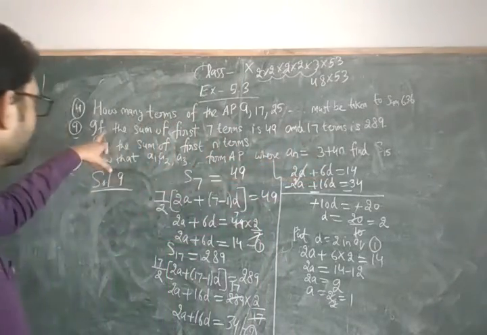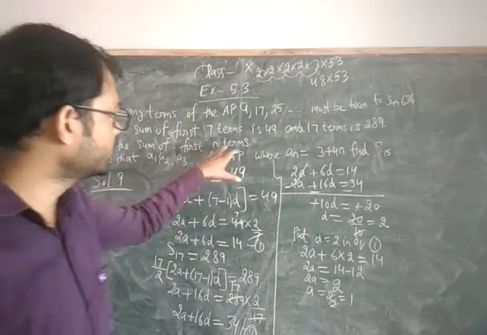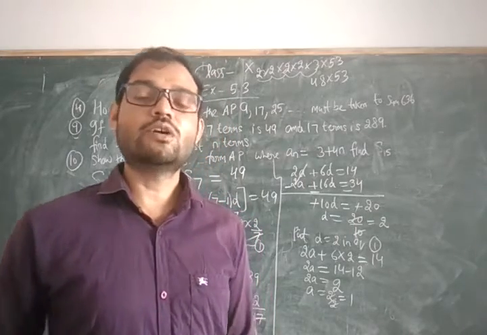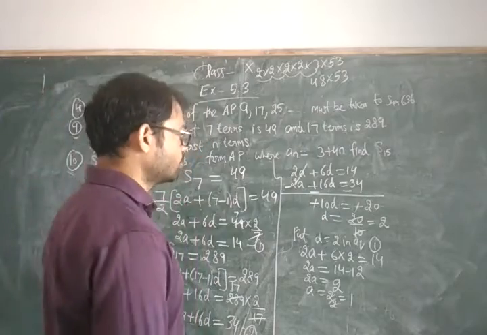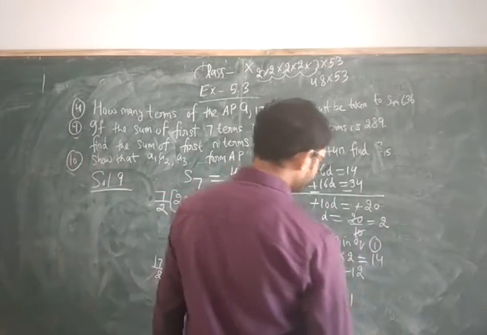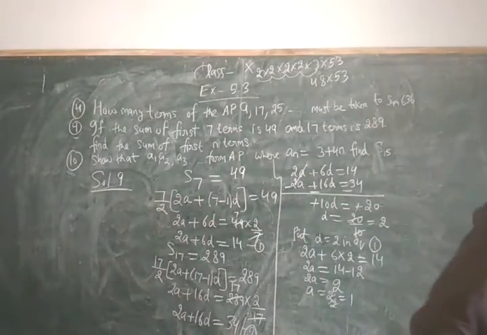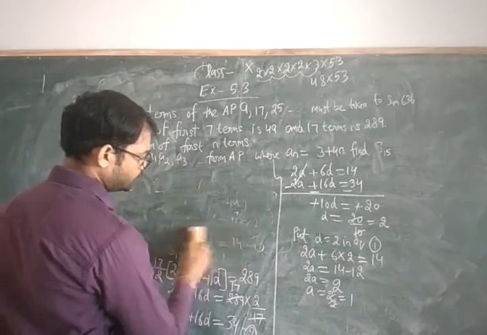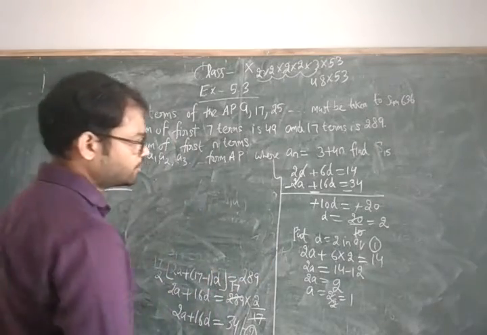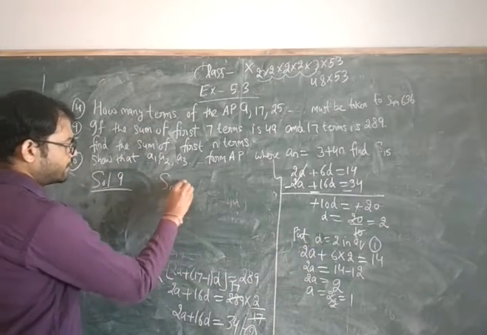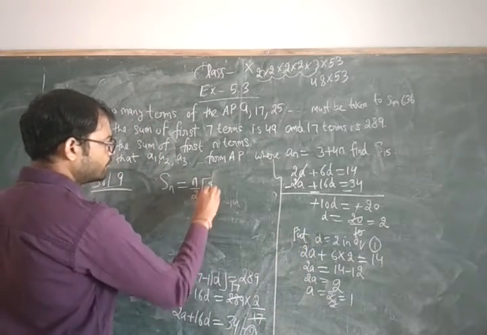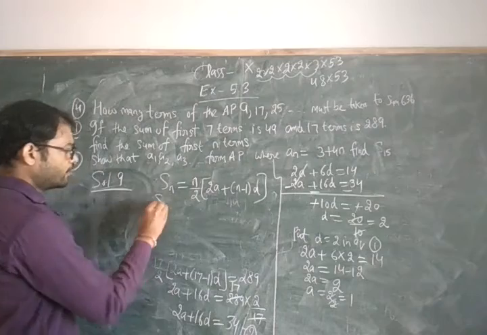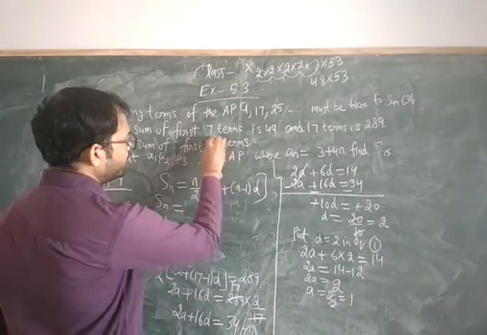क्वेश्चन इज क्या फाइंड करना आपने, इफ द फाइंड द सम ऑफ फर्स्ट n टर्म्स। अब आपने सम फाइंड करना है n टर्म्स का, मींस n की वैल्यू आपके पास n ही रहेगी, ठीक है। So now just put the value of a and d in your Sn. Sn is equal to n upon 2a plus n minus 1 d. And put here value n is n और the question is written that n terms.